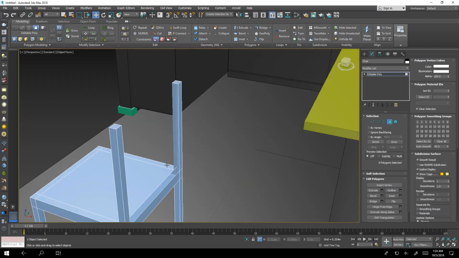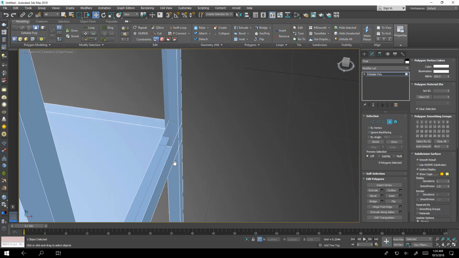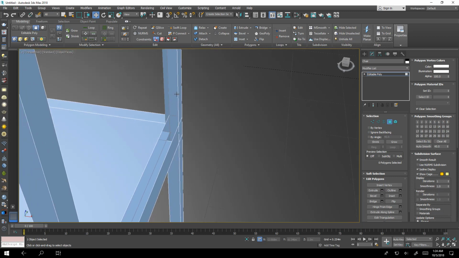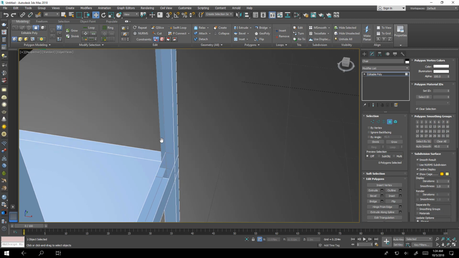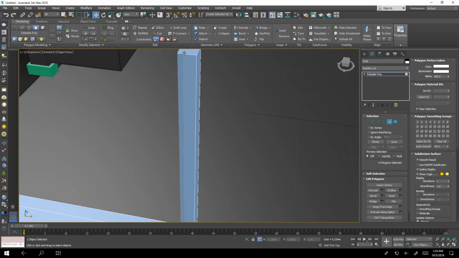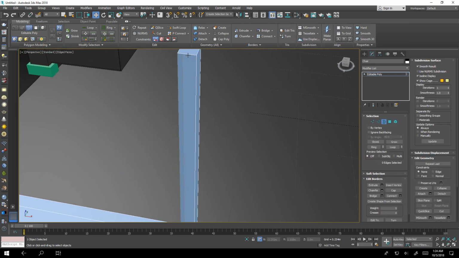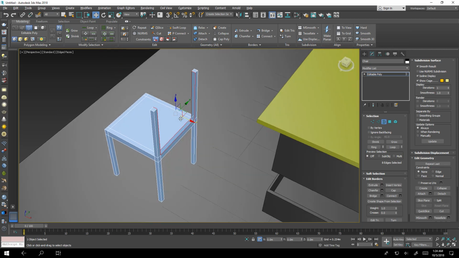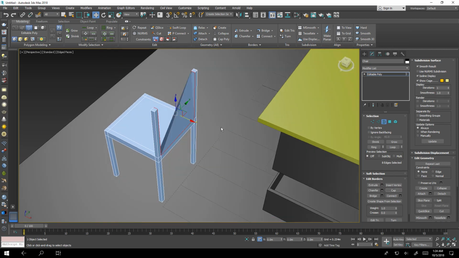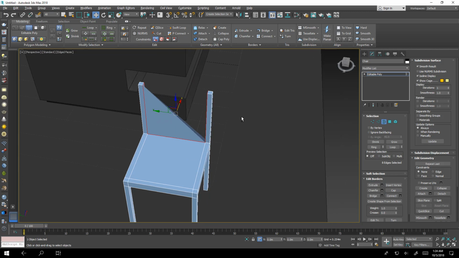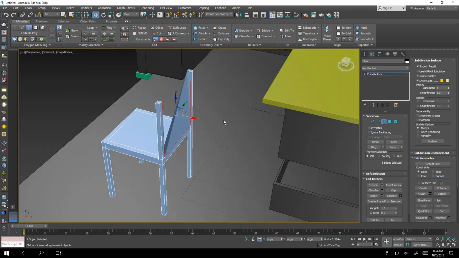As we mentioned earlier, we can close our gap or close our open geometry by selecting border and making cap. Okay, but this is so weird and unexpected,